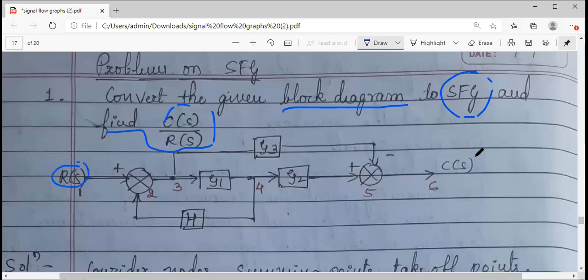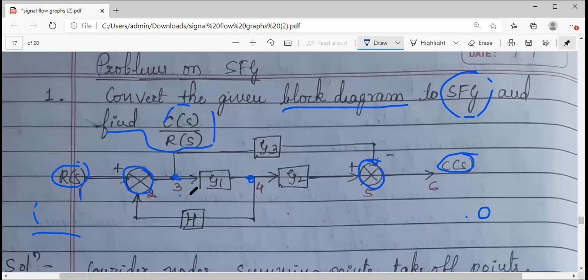See, you have the variables R and C, and we know that always the extreme left is your input and the extreme right is your output. Now even at the summing points you have to take nodes. Here you have two summing points. Then you have two takeoff points, 1 and 2. Any other nodes? No. Where I have encircled or made a dot, you have to take the nodes. So before solving further, just mark the numbers. It will make your work easier.